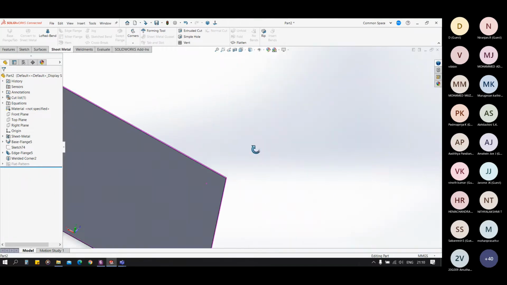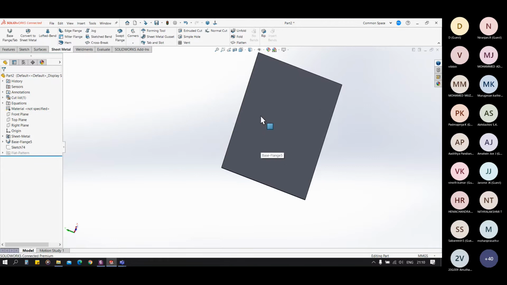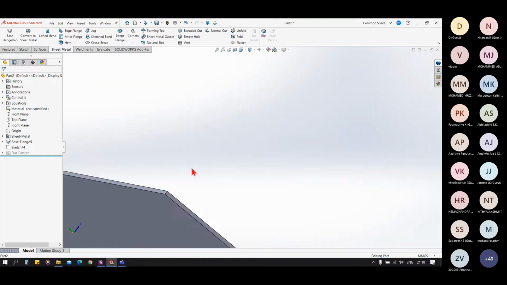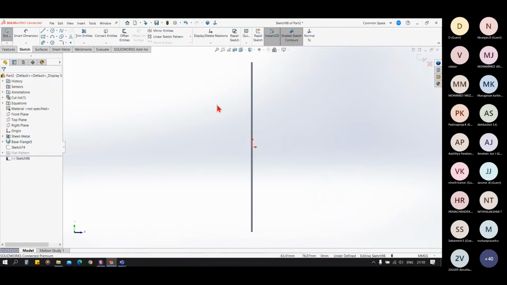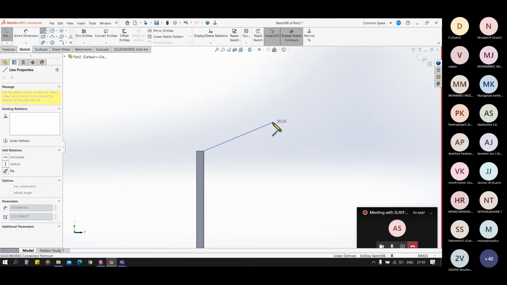So, swept flange is similar to the sweep boss base feature in our 3D. For the sweep, I must have one profile and the path. So let's suppose I am creating a profile for sweep.